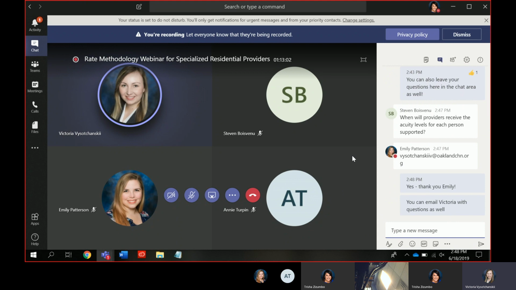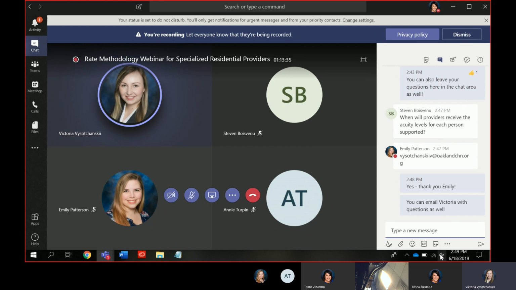So at this time, I don't think you will know exactly at what acuity tier the individual will fall, but it will be based on the DLA-20, and all of these rates will be rolled out on the 1st of October of 2019. So I suppose you will be able to find out at that time. We can also try to get that out to them earlier.